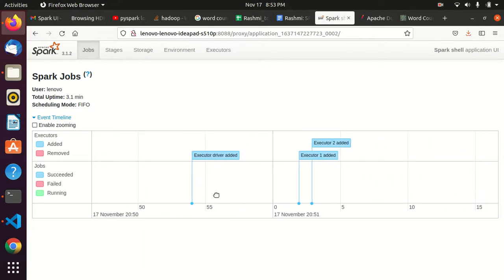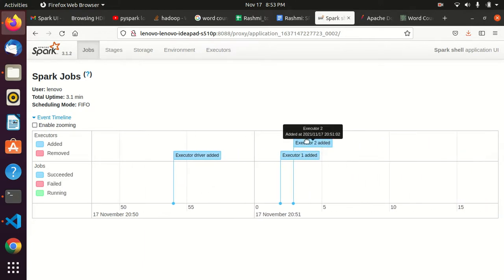So there are two executors running. We gave executor 1 and executor 2, and this is the timeline. That's it. This is how we can check with the GUI.